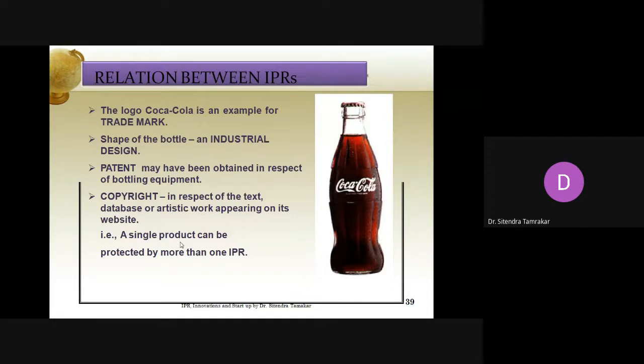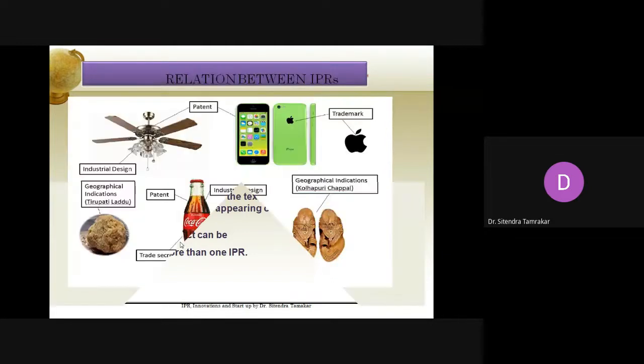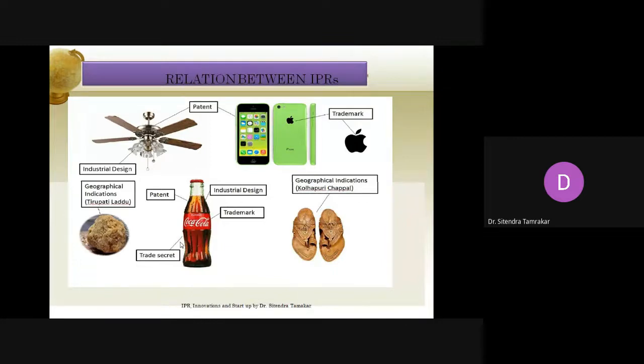So a single product can have a combination of multiple IPRs, which are protected by the IPRs: shape, logos, design, material, and the formula. So more examples for these IPRs are,